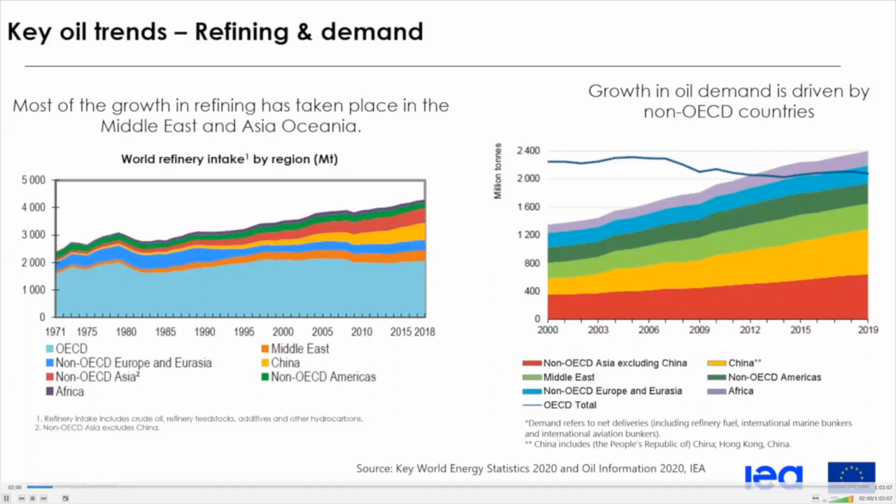This growth shows a growth in the oil demand in those countries, of the needs of the population for specific oil products. And as we can see on the right, China and all of the other non-OECD regions grew in terms of oil demand in those countries. It is not that visible on this graph on the right, but Africa also knew in the last decade an important growth in its oil demand. So let's have a closer look.